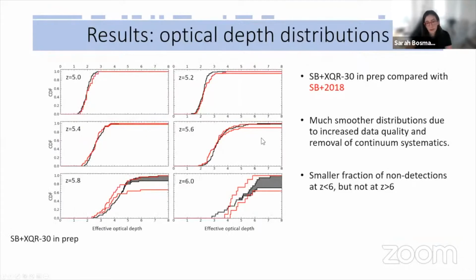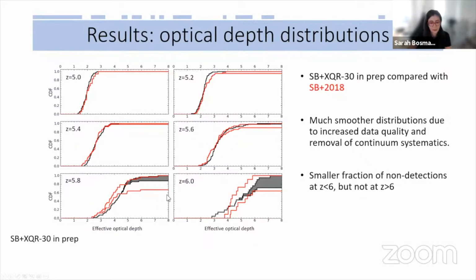Okay, so what about the distributions at fixed redshift? These distributions in black are the new ones showing the distribution of optical depths compared to the previous state-of-the-art results in red. And the data quality and the removal of systematics have had a comparable effect of making everything smoother. So you can see the black distributions have fewer spurious features in them. We have better exclusion of galactic material. And the removal of systematics also fixed some systematic shifts in the data before.